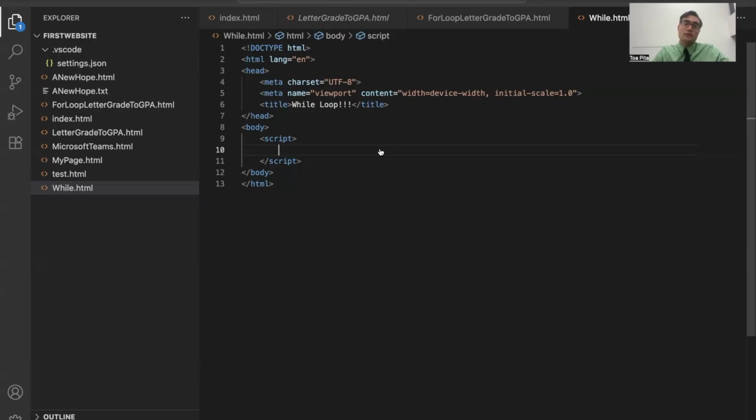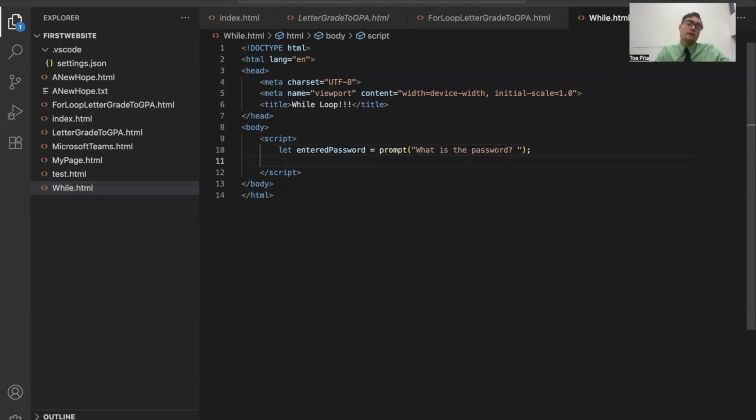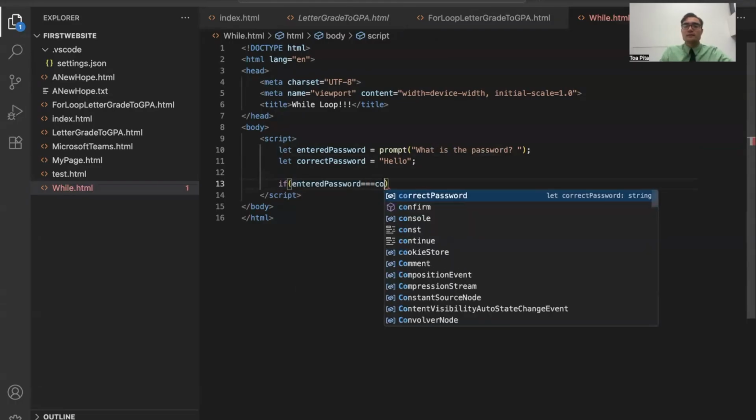So we'll say, let the entered password equal prompt, "What is the password?" And then let's create just a hard-coded password. We'll say let correct password equal "hello". So when they've entered that prompt, maybe we want to welcome them to the system if they get the right password. So we could say if the entered password is exactly the same as the correct password,